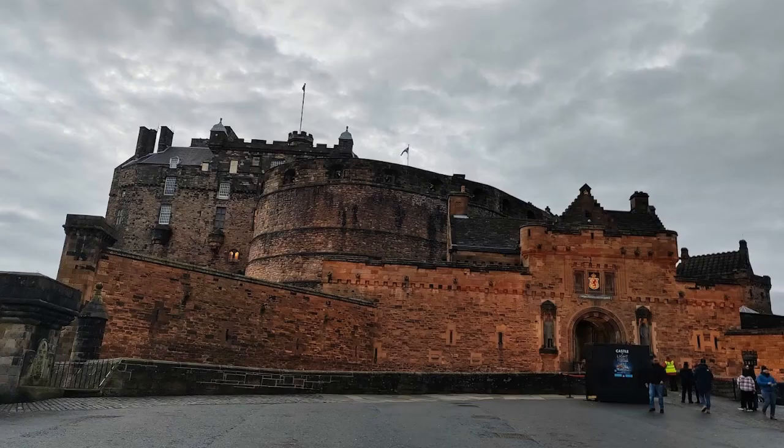So let's dive in. First place I want to talk about is the one and only Edinburgh Castle. And if you've never been, you gotta go because it is absolutely one of the most stunning and scenic castles throughout Scotland. And it really does set that vibe for medieval Scotland. And it just gives you those picturesque, scenic viewpoints that you could really get out of all of Scotland. So this is taken